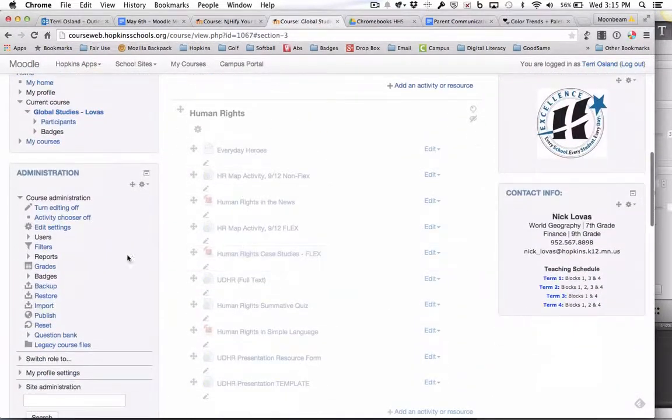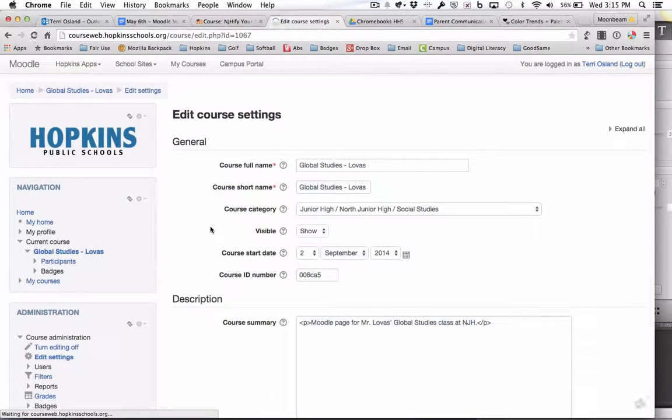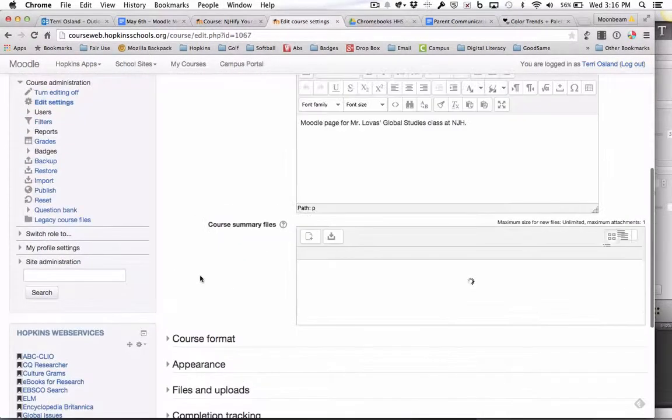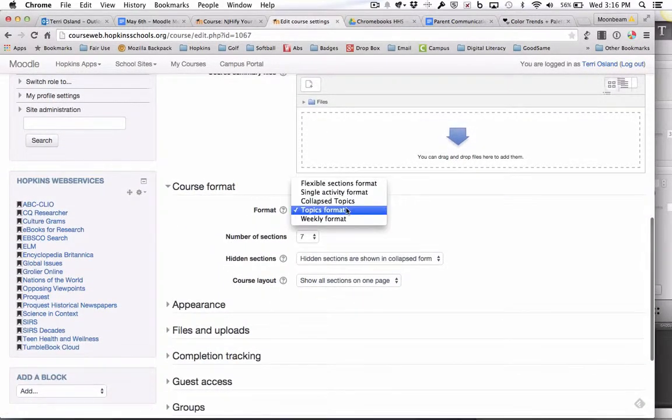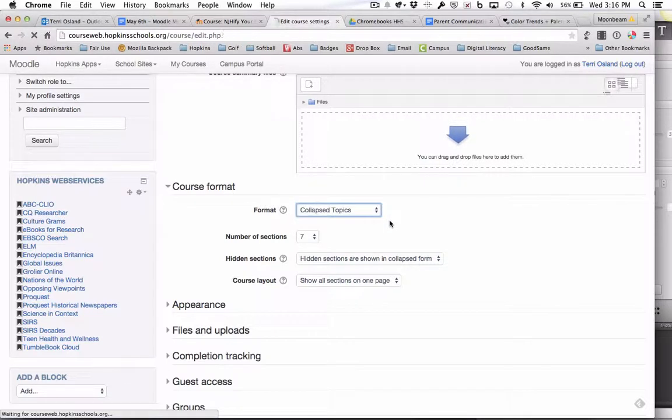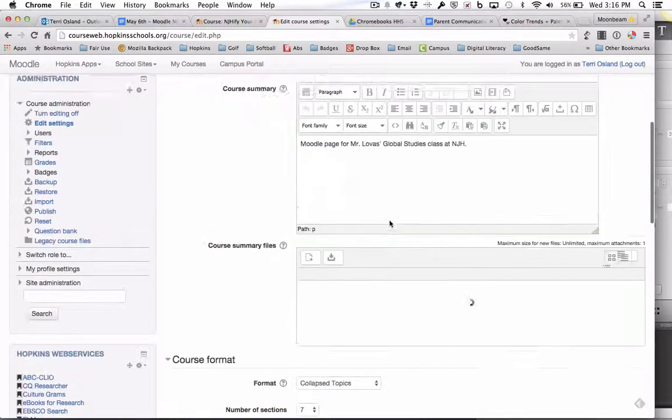So you go into your administration block, you're going to click on Edit Settings, and you're going to scroll down to Course Format, and most pages are probably in Topics format. If you want to switch over to Collapsed Topics, you can choose that. And then I want you to take a look at